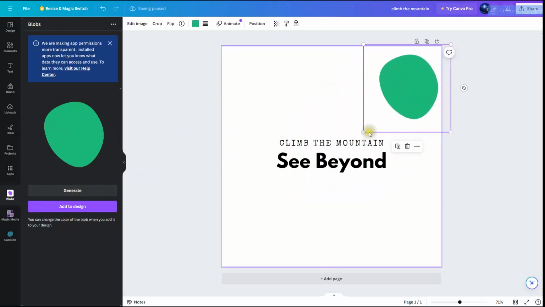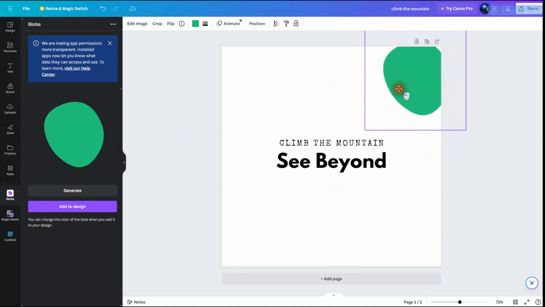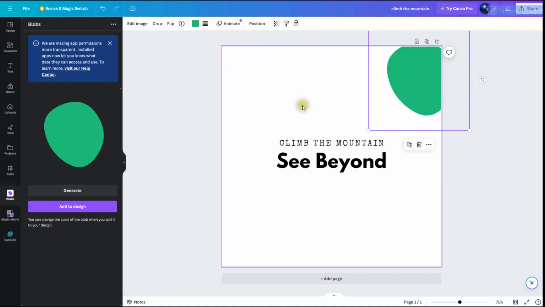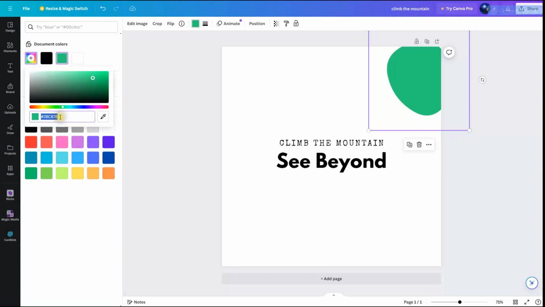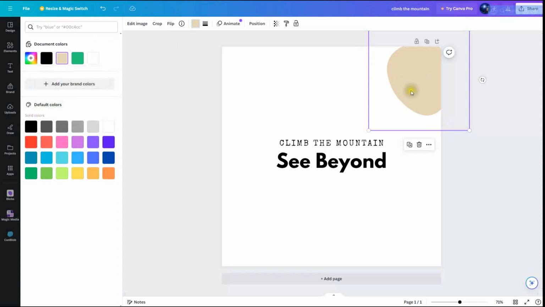Then you can move it over and resize it. And not only that, but you notice that as soon as you have it there in your workspace, up here you have tools which are actually working with that blob. So we have that color, and I want to change that color. So I'm going to do that. And if there's no color that you like, you can click right here where it says add a new color. And I want one that's really subdued, kind of an earthy tone. There we go. I'll choose that one there, kind of a sandy tone. And I'm happy with that one.